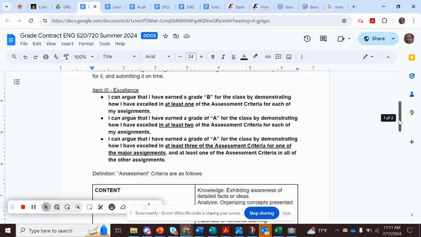That gives you a B. And if you have excelled in at least two of the assessment criteria for each of the assignments, then you can claim that you have had an A. You can also argue for an A